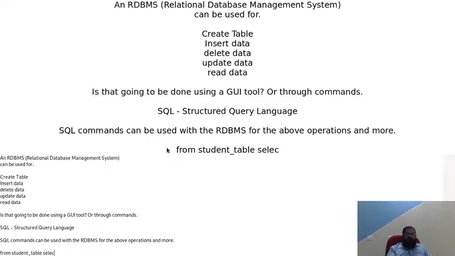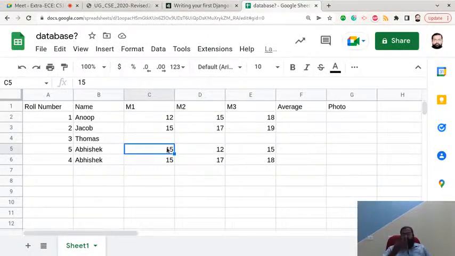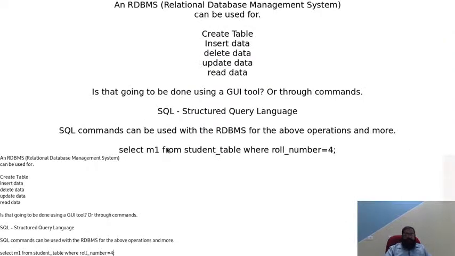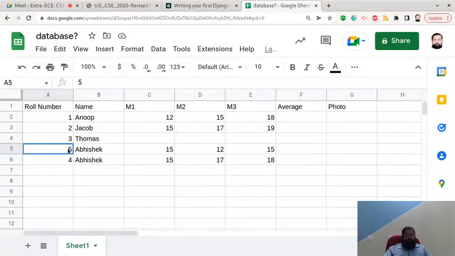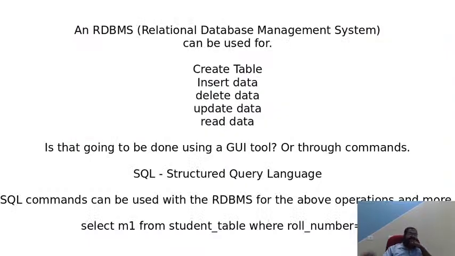select, this is wrong, okay, I have made a mistake. Select M1 from student table where roll number is equal to 4. Right, that's actually 5, because this is the guy I want to update, not the one below. So I will keep it as 5. So this is the structured query language where I can actually write commands to manipulate the tables,